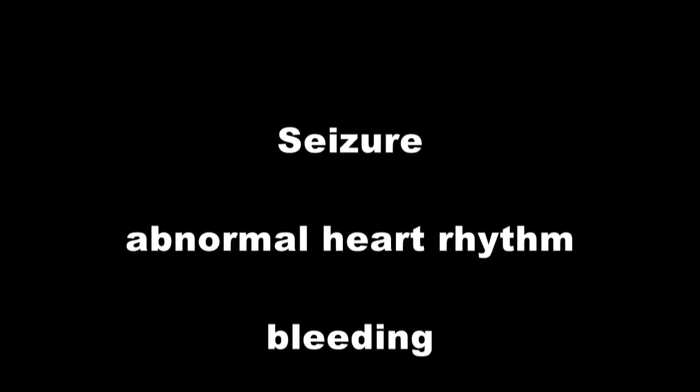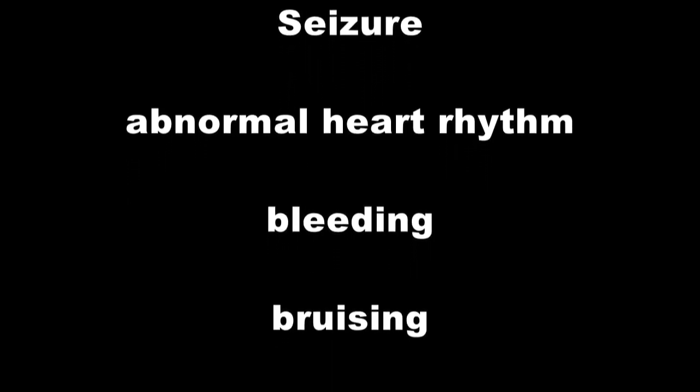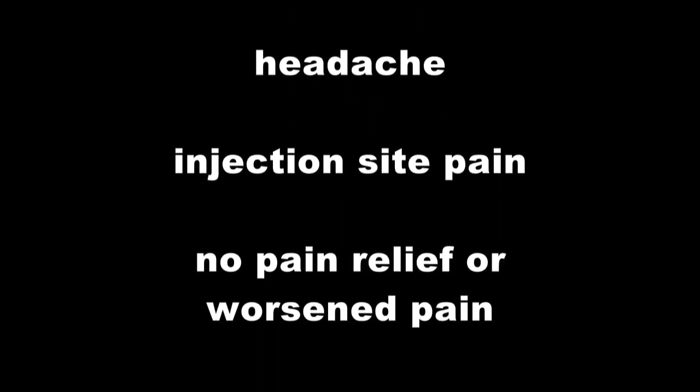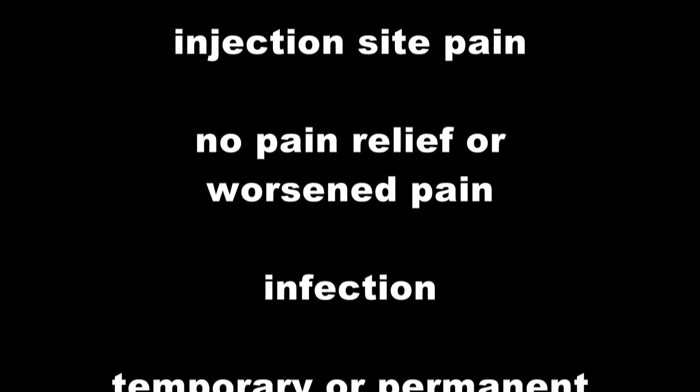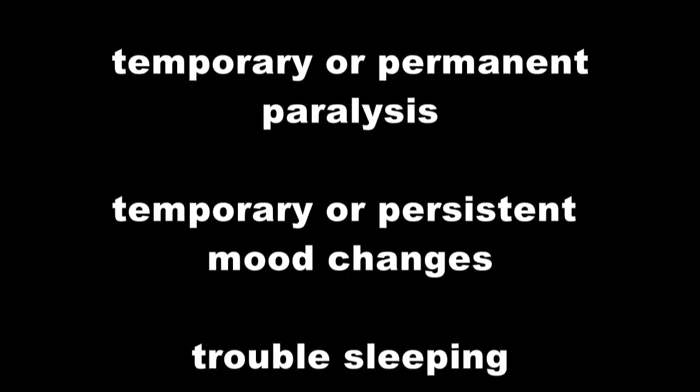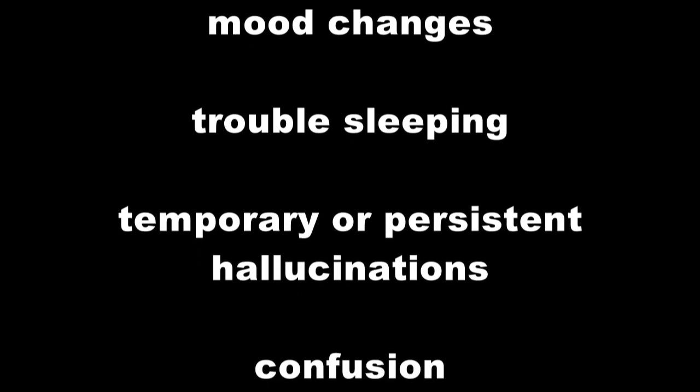Seizure, abnormal heart rhythm, bleeding, bruising, headache, injection site pain, no pain relief or worsened pain, infection, temporary or permanent nerve damage, temporary or permanent paralysis, temporary or persistent mood changes, trouble sleeping, temporary or persistent hallucinations, confusion, impaired senses, meaning